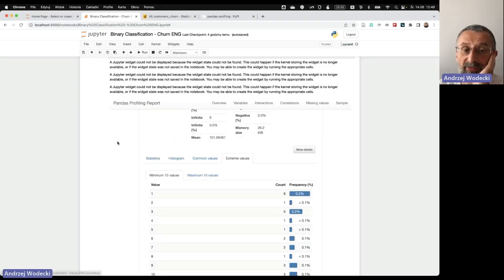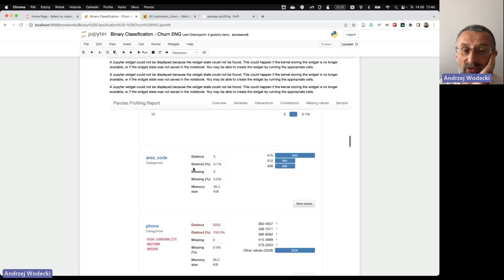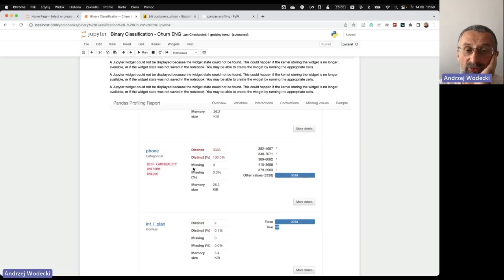It's named Pandas Profiling. It generates all the statistics, but also gives you some very interesting warnings, like, for example, phone is a categorical variable with a very high cardinality. Cardinality means that there are a lot of different distinct values. It's obvious here. If it's a phone number, it's an identifier of the person, yes? So it may be treated as a key of the person, so it's natural that it's high cardinality, but in